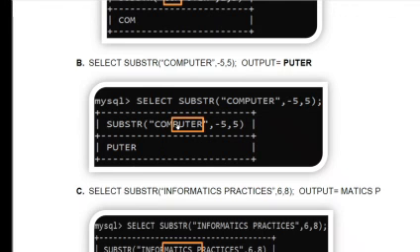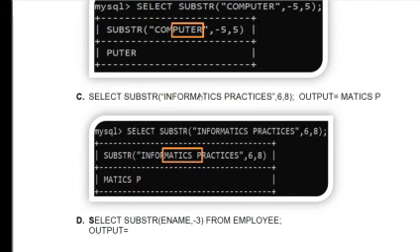P is the first letter, U is the second letter, T is the third letter, then E is the fourth and R is the fifth letter. So we have to read 5 letters from the fifth place. The output is PUTER.